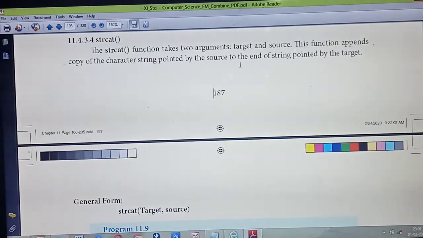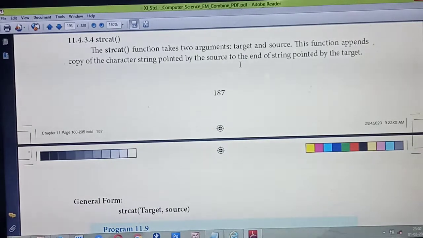What do you mean by append? What's the meaning of append? Append means nothing but add. If you are given one sentence, at the end of the sentence you add some words. Understood? Already one sentence is there, at the end of the sentence you add one word, so that is appending or adding at the last.